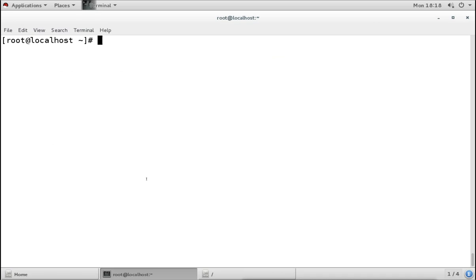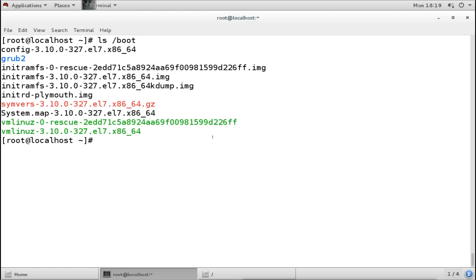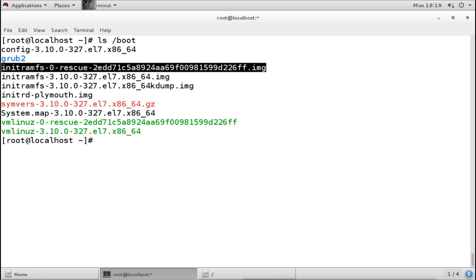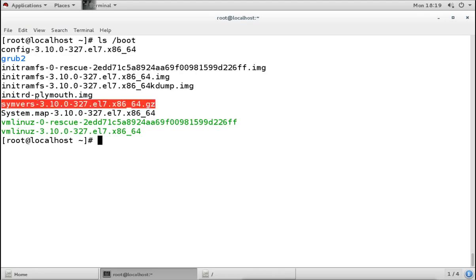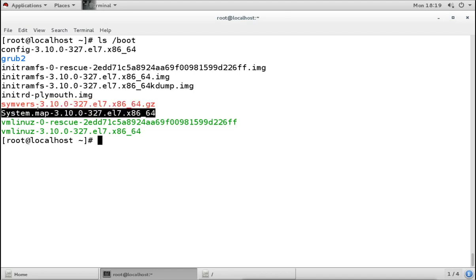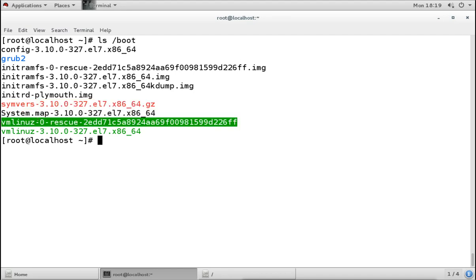Okay, now we have another option. Let's say I want to list this boot directory. Now it has listed the boot directory. In the boot directory, we have these archive files, compressed files, these are executable files, and these are normal files.